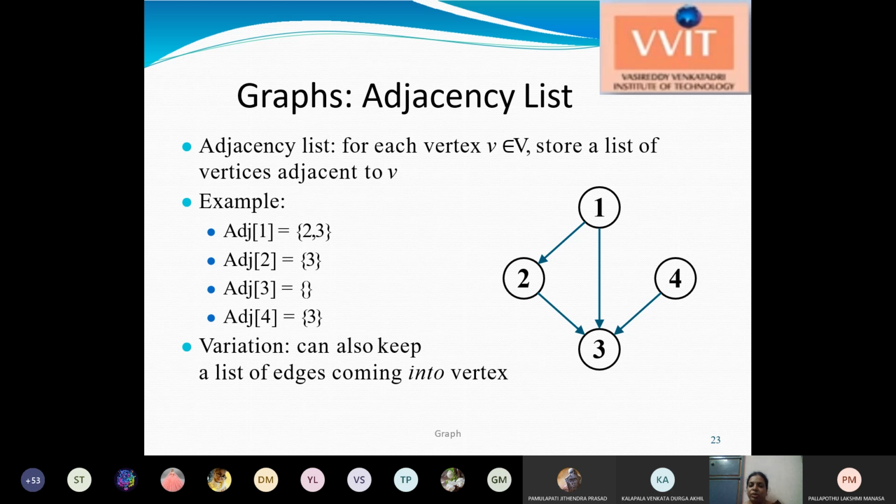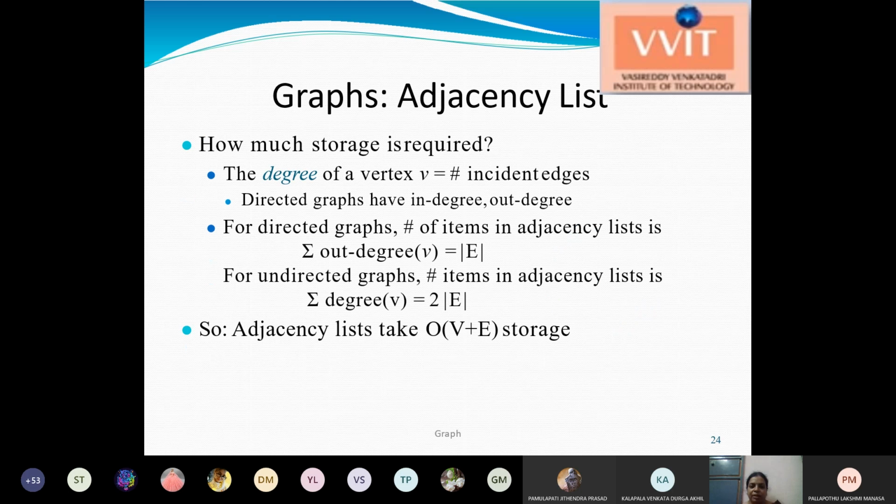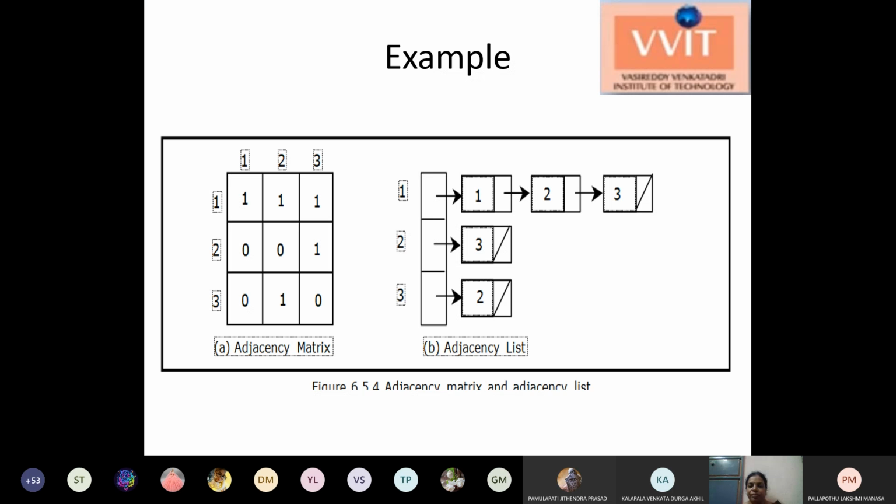Adjacent of 1 is 2 and 3. Adjacent of 2 is 3. Adjacent of 3 there is none, so a null linked list. Adjacent of 4 is 3. It will be represented like this as an adjacency list.